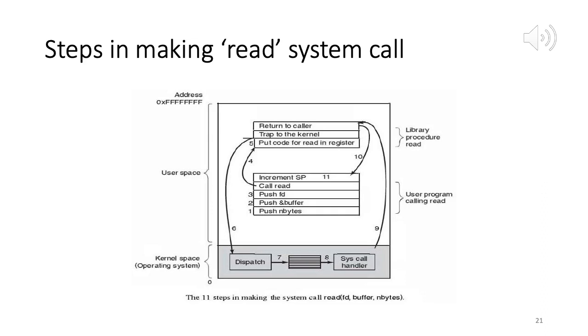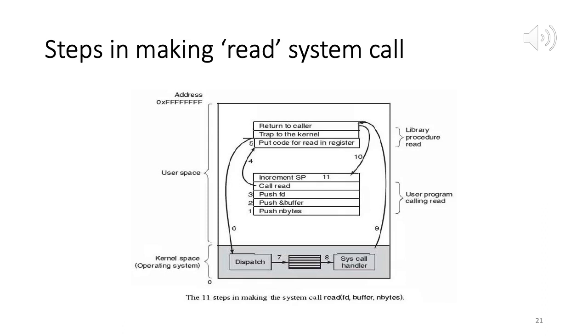Then there is a transition, what we call a kernel crossing, and we move from user space to kernel space. The appropriate system call, whichever corresponds to that API function, is called and executed in kernel mode, and the results are relayed back to the caller. Then again we move from kernel to user mode. If there are errors, those are also sent back.